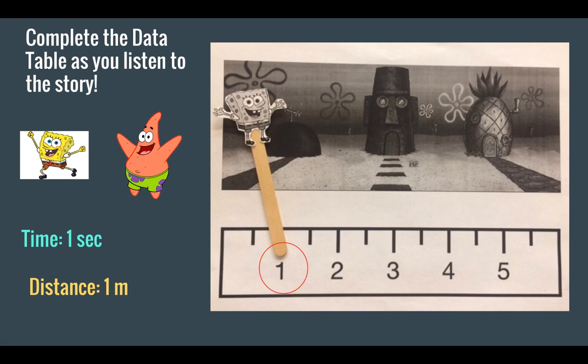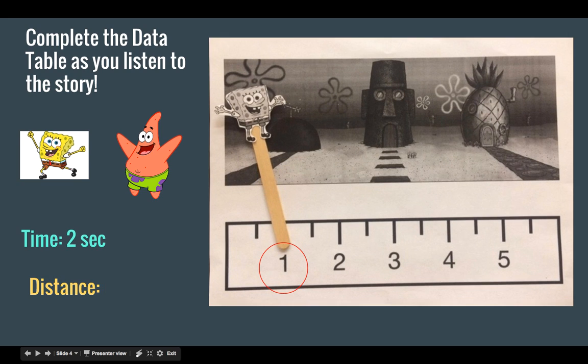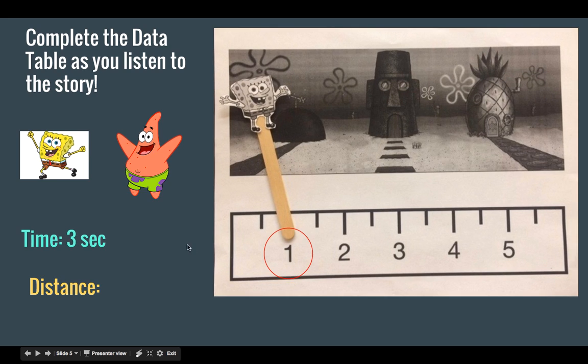So we're starting with SpongeBob and Patrick. They are over at Patrick's house, which is at position 1. So at time 1, write 1 meter. Patrick and SpongeBob are sitting there bored over at Patrick's house and they're chatting. So they're still at Patrick's. Another second goes by, they're still there, they're trying to come up with an idea of what they should do